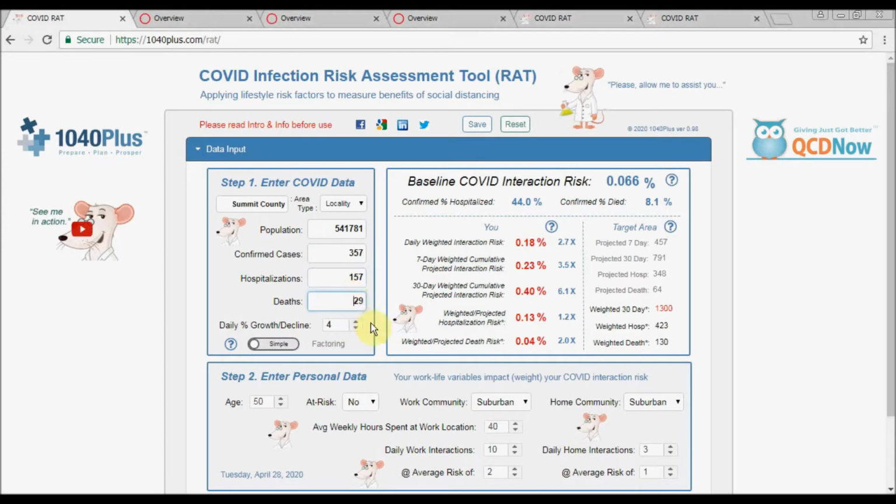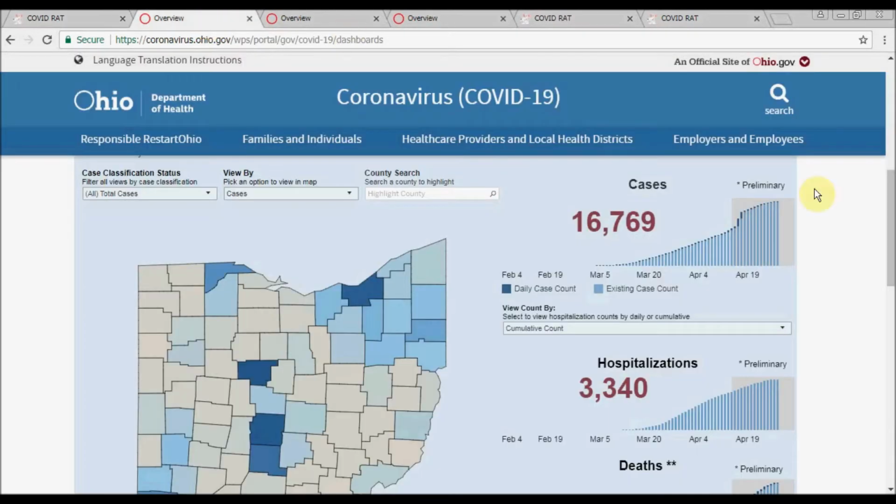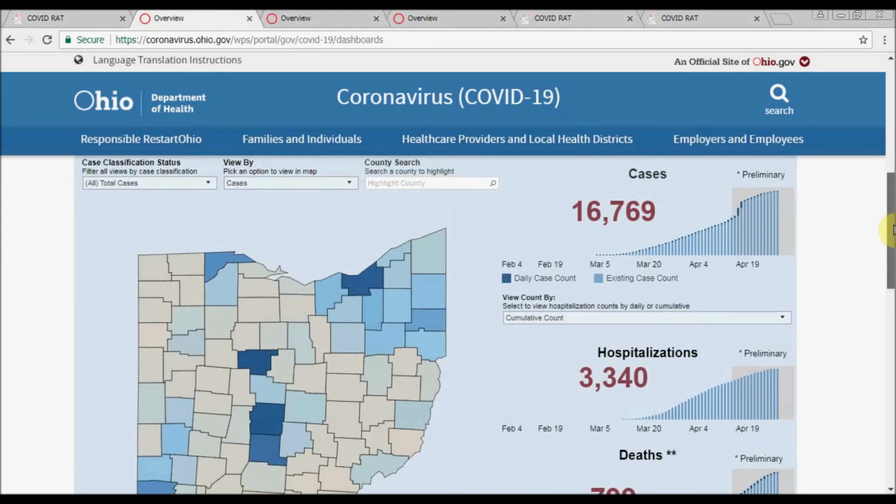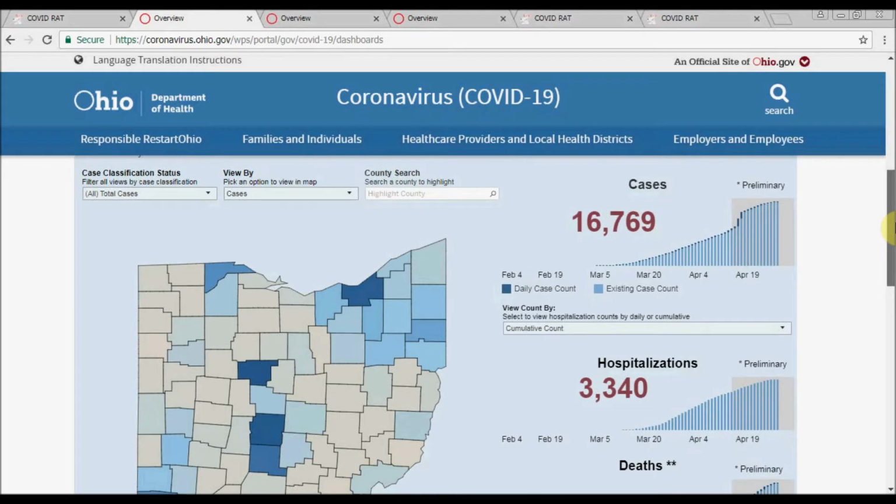We use deaths, and more importantly, we're going to have to do a little bit of math to come up with the critical growth rate. And let me show you how we do that. Here is Ohio's website, and as you can see, it's got the cases, hospitalizations, and deaths. I'm not going to use this data for analysis. I'm going to use my individual county, but I do want to point something out here on Ohio's